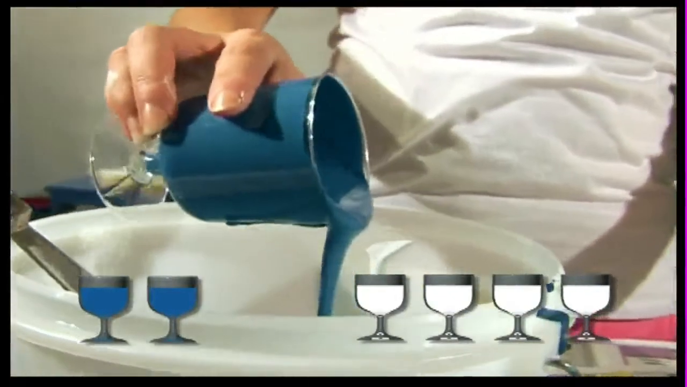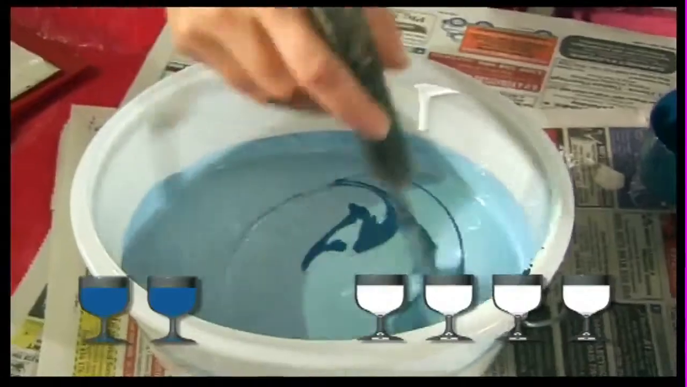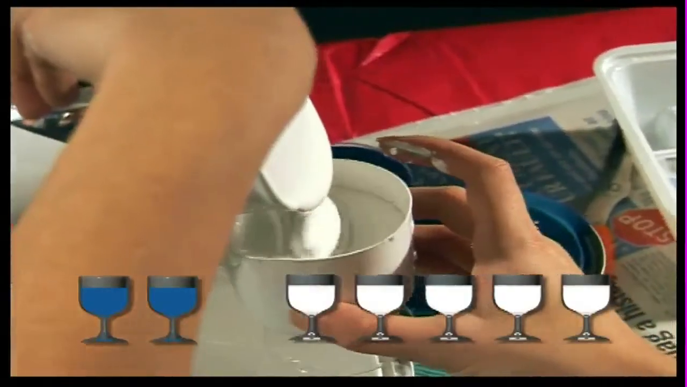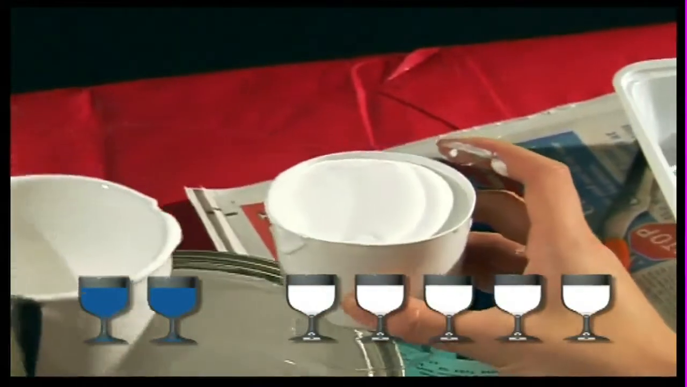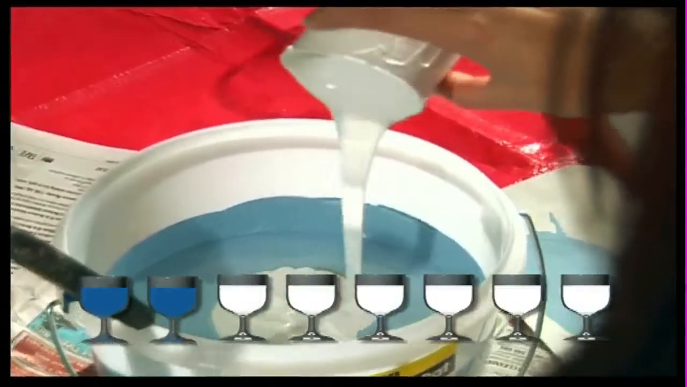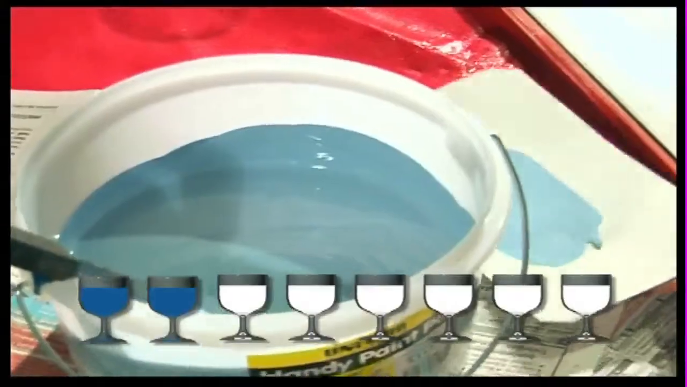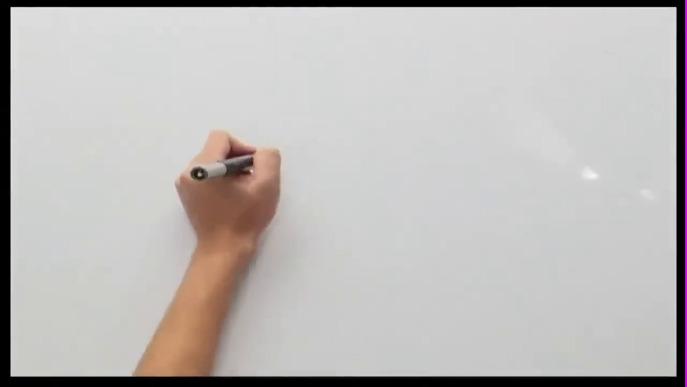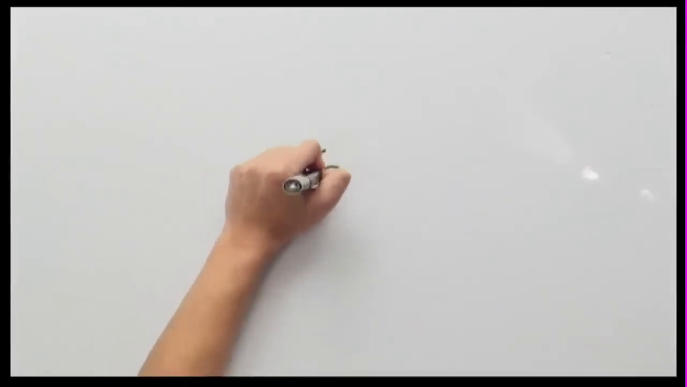Still too light. Add another cup. Now it's too dark. Add more white. One more. Just right. The ratio of blue to white is 2 to 6, which